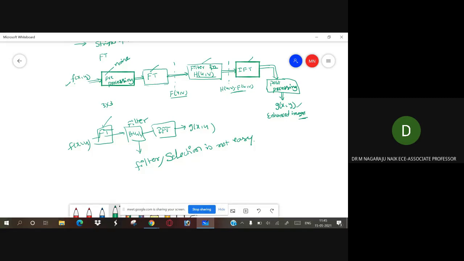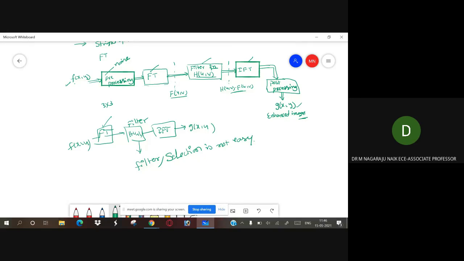Once you know which filter is suitable for that particular application, then we can apply it directly. So depending on the applications, you have to select filters. So the major problem in the frequency domain method is the appropriate selection of the filters. Once you have selected the filter, then we can enhance the image easily. This is what we are going to apply in the frequency domain method. The major difficulty is the selection of the filters.